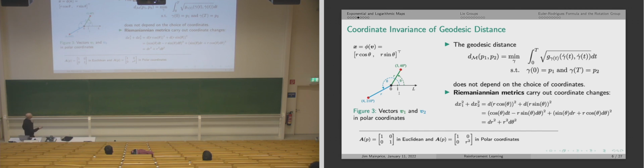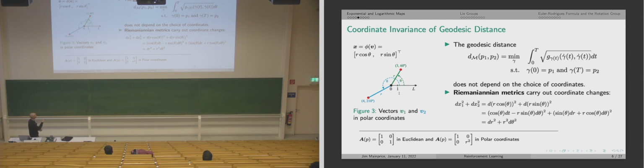So the way this is done for the simple example is we have the Euclidean distance, we express it in terms of the coordinates, and also this is the infinitesimal Euclidean distance. And with respect to this other coordinate system, which is the polar coordinate system, we solve and we get this. And we can express this as a matrix multiplying the vector of coordinates, here the polar coordinates. And what we get is this metric tensor, which is then the same metric, meaning this is the Euclidean distance,